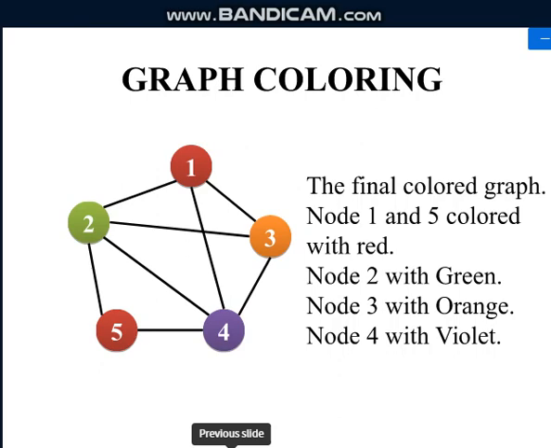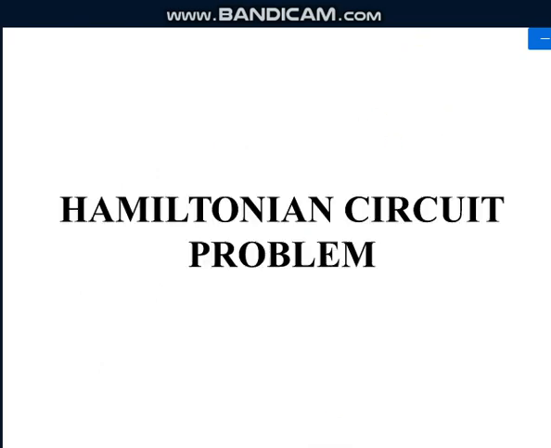Okay, so that is how backtracking is applicable in graph coloring. You start with the sequence, you reach the next node, and if at all you feel that it can be colored with the minimum number of colors but we are using an additional color, then you can go back to the previous node and change the color of the node. I hope you have understood what graph coloring is. Any doubts regarding graph coloring? We will look into the Hamiltonian circuit problem.